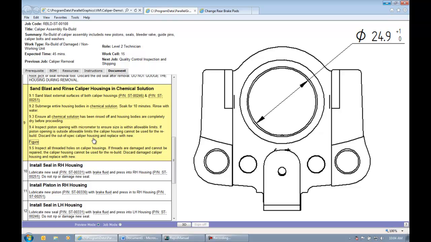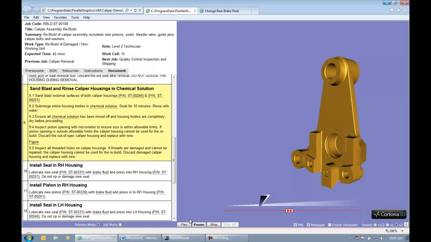So when we talk about reuse, repurpose data that we may already have, I'm able to import or use an image that I've taken from my CAD drawings. Now this image could very well have been created in the Cortona3D editor, so it's your choice. You have a lot of freedom there of how you want to create or reuse stuff that you already have in your Cortona projects. When I'm ready to go back to my 3D, I can do that and hit play